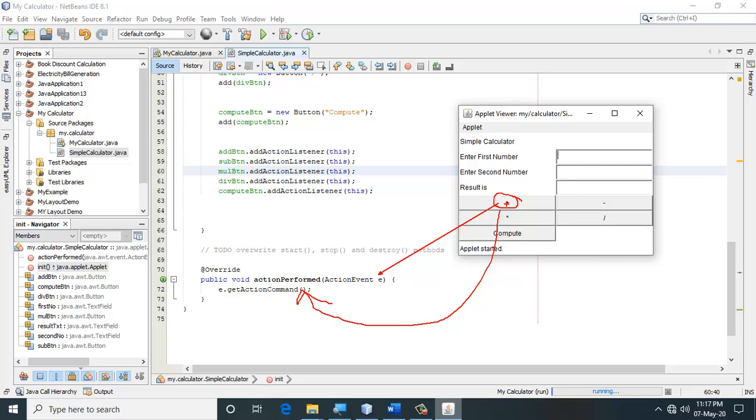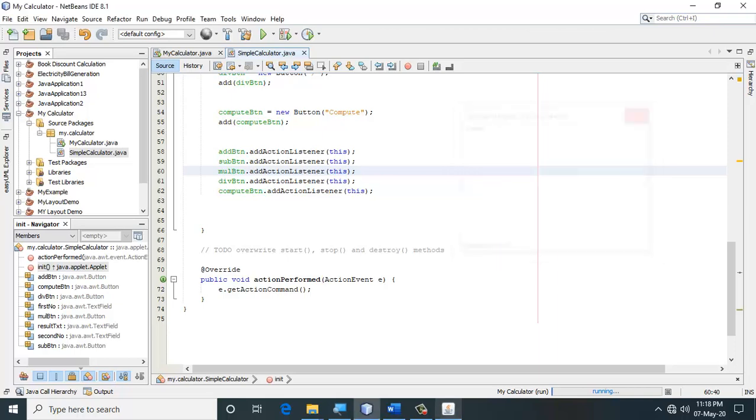So by looking at the text that is displayed on these buttons, I can find out which button is clicked. If the text on the button is star, that means I am supposed to perform the multiplication. In the same way, if the button pressed is compute, I am supposed to do the computation. This is what I am supposed to do now.